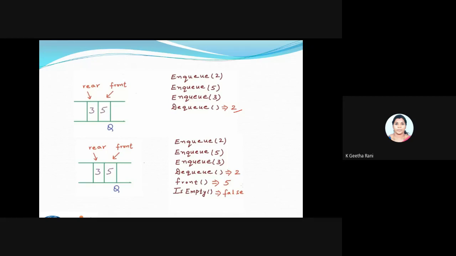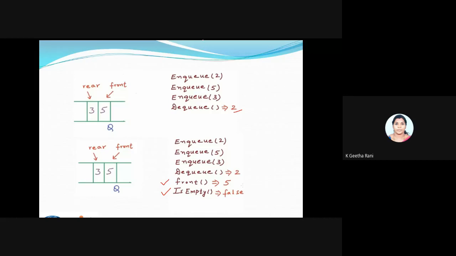So here I'm going to handle two more operations for my convenience. That will be the front of and is empty of. Okay. So I will be writing this NQ DQ as a function when I'm going to implement inside my program. For understanding's sake, I'm just calling this function.